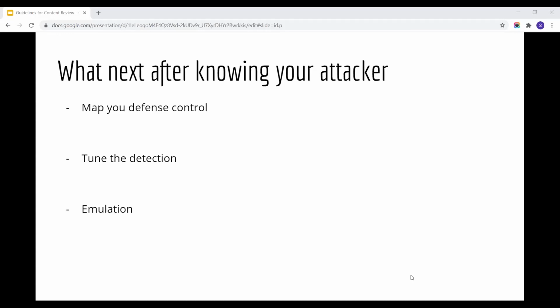Moving on to the next part, which is emulation. The ATT&CK framework is best leveraged to test defensive solutions and provide metrics to gauge the efficacy of your defense. If you have your internal red team, well and good. If not, there are third-party red team services out there. MITRE itself provides an open source tool on GitHub.